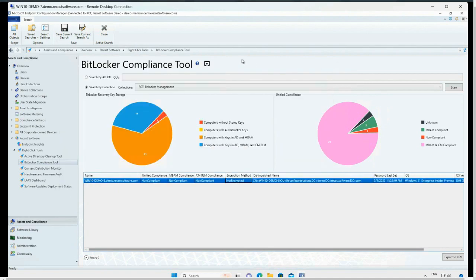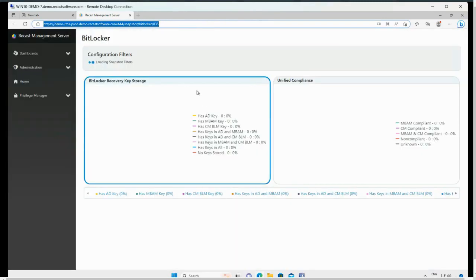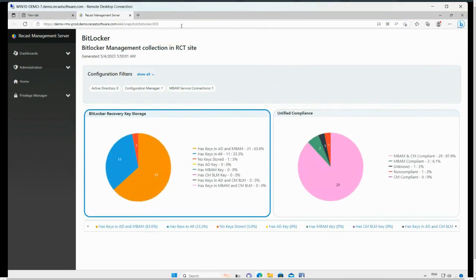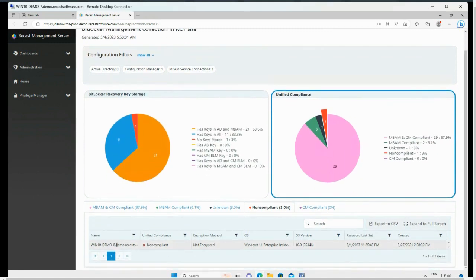In this view, we also have an option to create a snapshot. So there is this little icon there. I'm going to click that one. It will open a browser, and it will create us a link that we can share with other users if we want to, basically showing the status of our BitLocker. And you can also use this to browse the same way we did in the config manager console. So I will choose here the one device that is non-compliant, and we can see it's the same device, demo 8, basically showing as